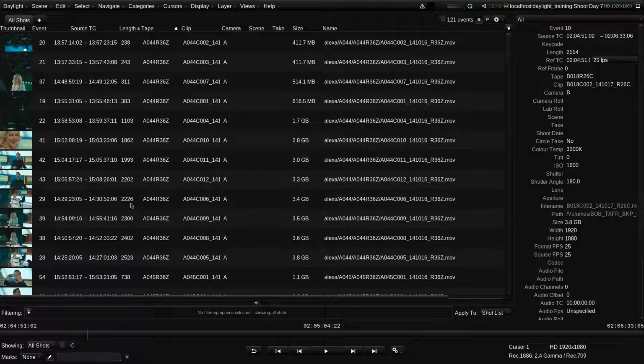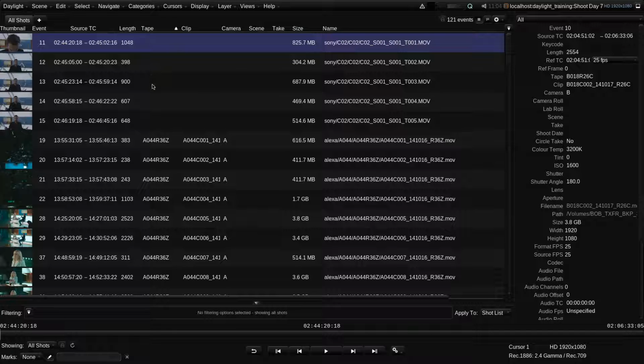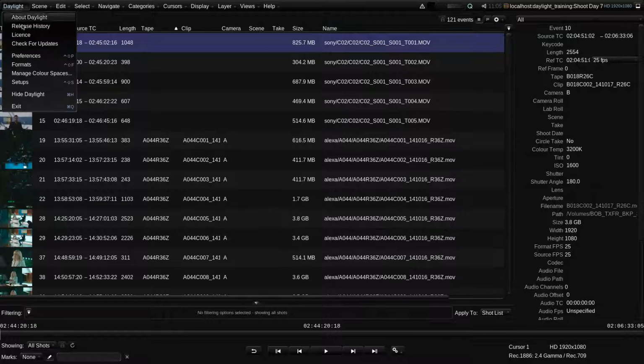As well as viewing the metadata, the list view also allows us to edit or add new metadata. For example, we can now go through and add additional data which was not recorded into the media files, such as missing tape IDs or scene and take information. Now, in order to do this, I'll need to view the image so I can see the information on the slate. However, rather than keep switching between my two monitors so you can see what's going on, I'm going to choose a different system setup.